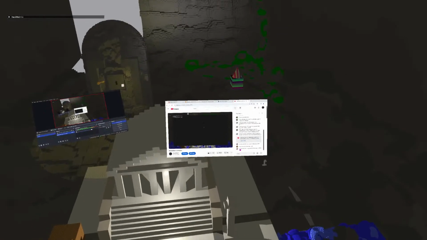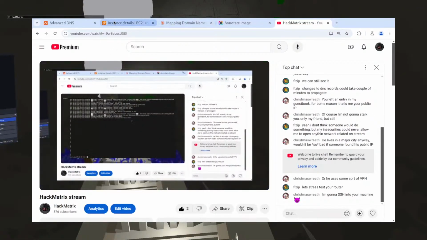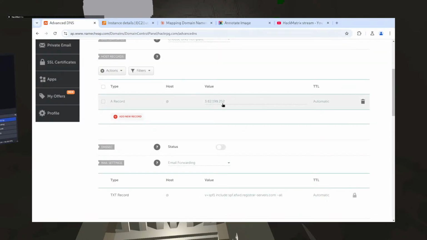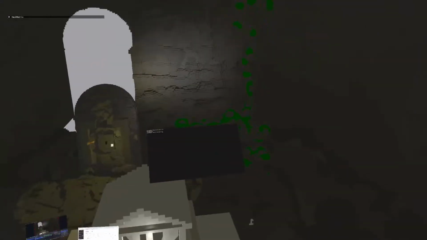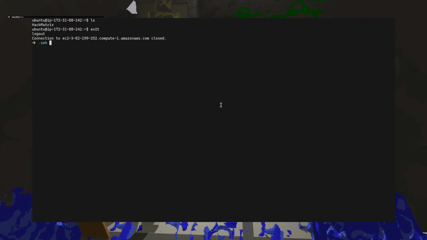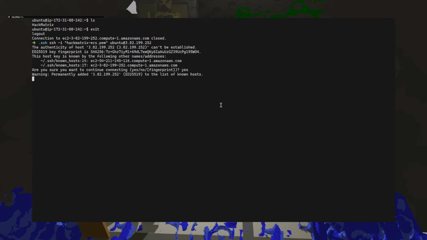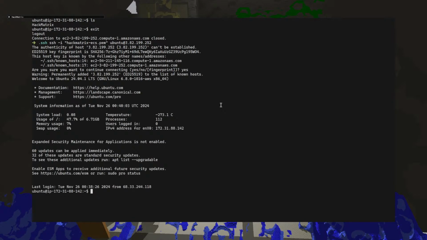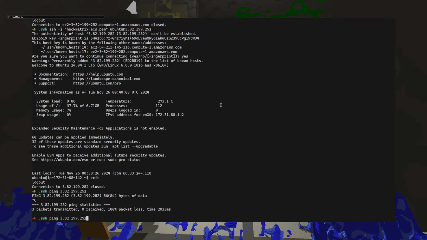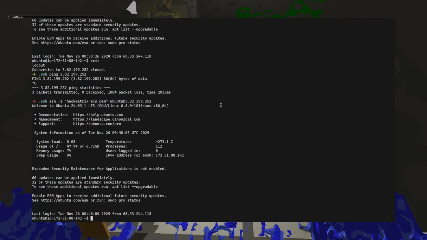Anyways, let's see what I'm doing. Okay, so my DNS is now mapped to that, which I still can't ping. I wonder if I can SSH to that. So I'm going to exit this, and instead of trying to SSH to this, I'm going to try to SSH to Ubuntu at this. Okay. I mean, I'm happy with that. Oh, I just don't have a ping server or whatever. It's just not responding to pings. How strange.